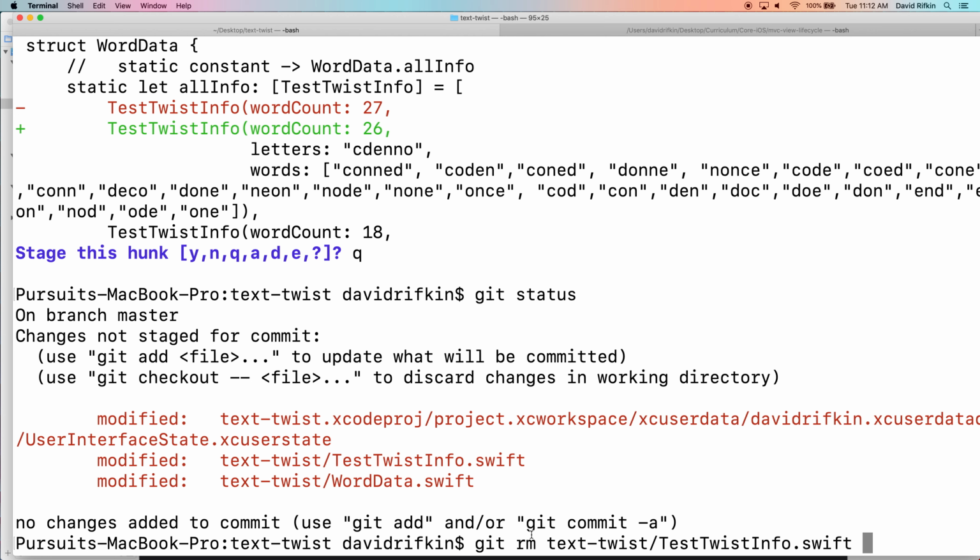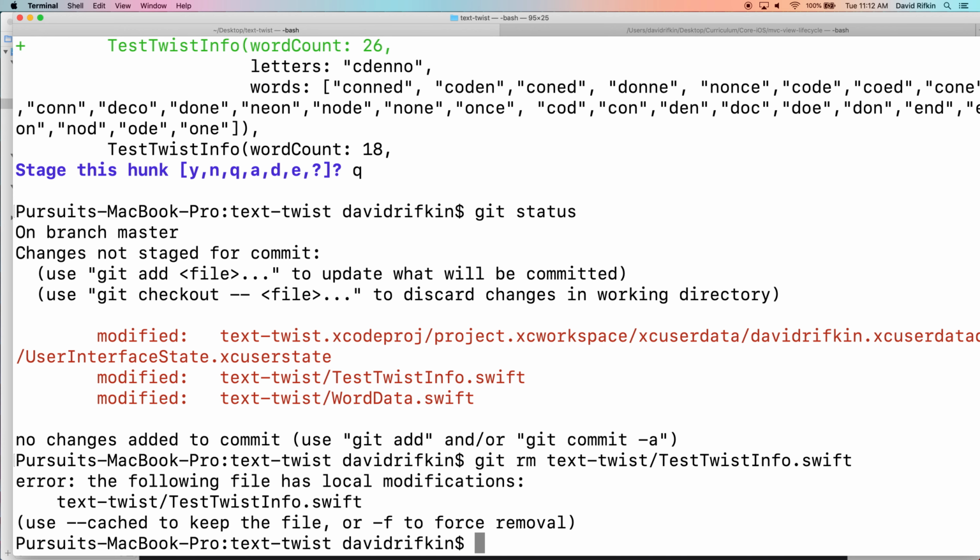So git rm text twist and then the name of the file. Let's see what happens. Error, the following file has local modifications. So we actually use git rm at a different stage in the process. Right now, if we want to get rid of those changes,